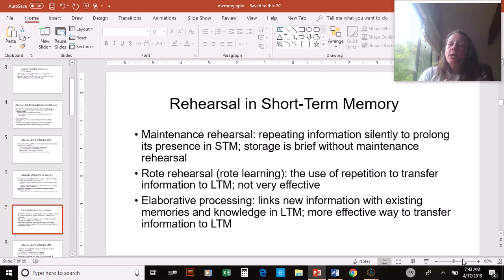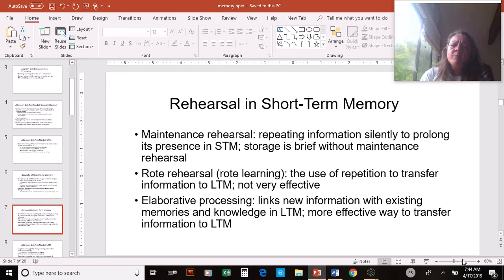And then, like I said, once that information gets our attention, in order for us to get it stored to our long-term memory, we do a few things, and it's mostly through rehearsal that it gets stored there. So, maintenance rehearsal is when you silently repeat that information for a few minutes, and if you don't repeat it, it usually gets kicked out of your short-term memory, right?